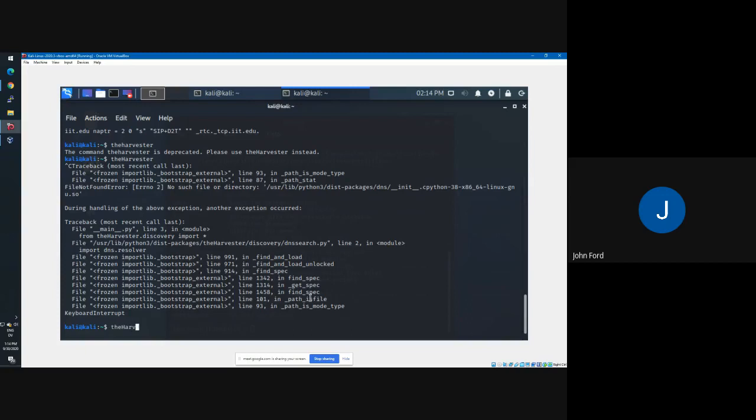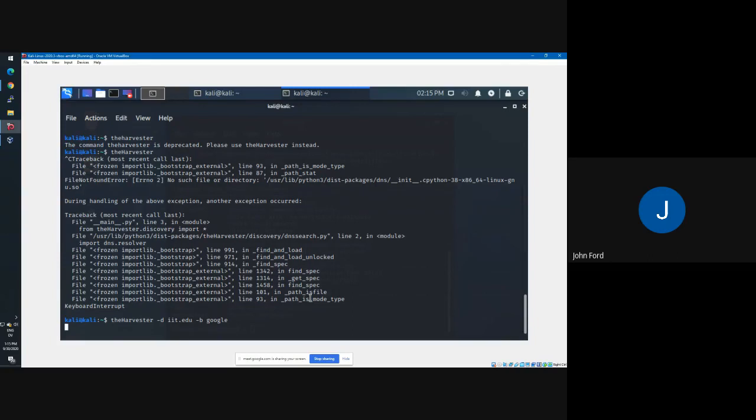theHarvester is just a built-in script in Kali that searches Google or Bing or any search engine that you specify, and it'll search it for subdomains. So for example, if I do -d, then I specify the website, so it.edu, or I should say the main domain name. And then if I do -b and specify the search engine, so I'll do Google. And then I can also put that to an output file if I want to, but I'm not going to. I'm just going to show you what shows up on the screen here. So if I actually do that,